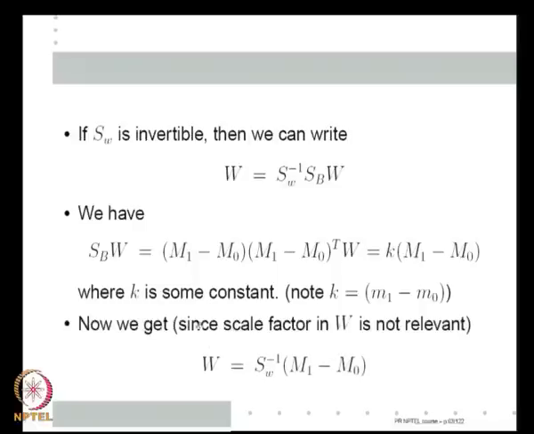There are so many constants, there is a lambda here, there is a k here. So ultimately there will be some constant times SW inverse times M1 minus M0, but as I said, constants do not make any difference in a linear classifier. We can accordingly scale W to anything that we want. So essentially we can find the W except for a scale factor, SW inverse times M1 minus M0, and I do not have to worry about the scale factor. I can take this to be W, because I am in a linear classifier context. So this is the W that I can use as the Fisher linear discriminant if the matrix SW turns out to be invertible, which as we just said, very often would be the case.